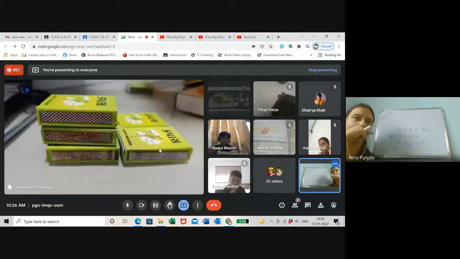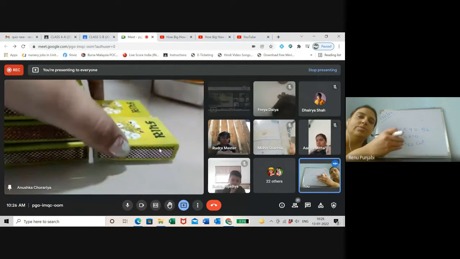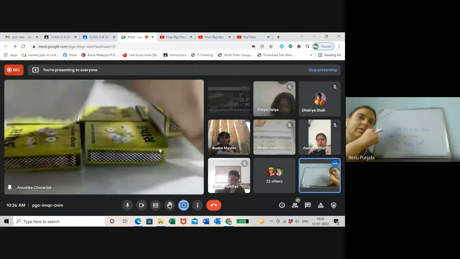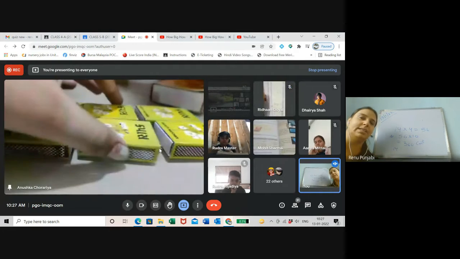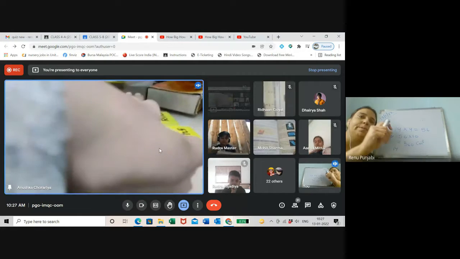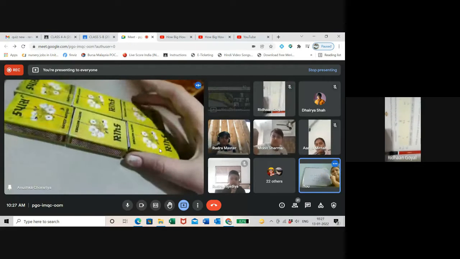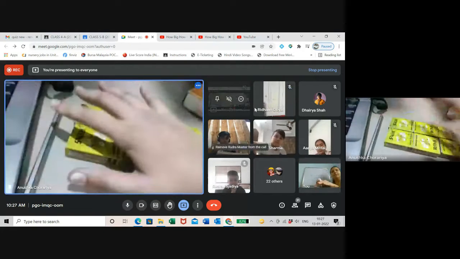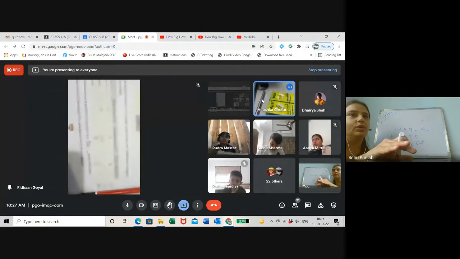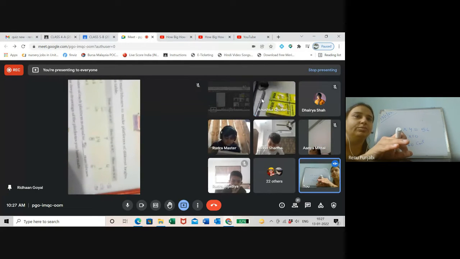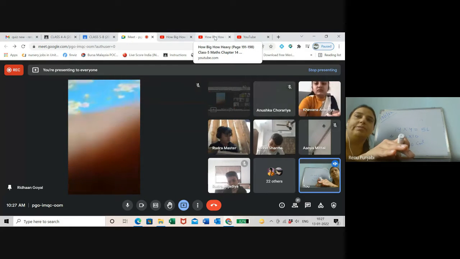No, not like this. Arrange them in such a figure. Platform बनाओ इसका, या तो flat ही रखो. Remove these 2. हाँ, ऐसे. Now, when you measure the length and measure the breadth and measure the height and multiply them. Platform is this way. Another way also you can arrange them. Ridan is showing. Ridan, what you have done? You have taken 2, then 4, then 7, then volume you have found out. I will not be able to properly check it, but it's okay. You have tried.